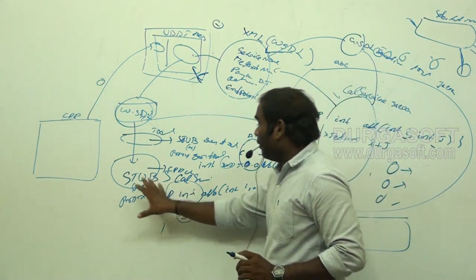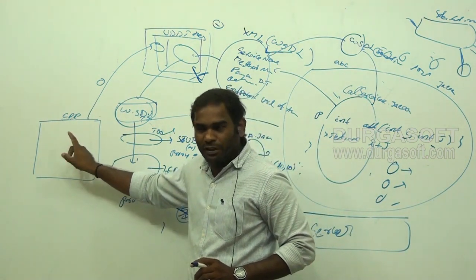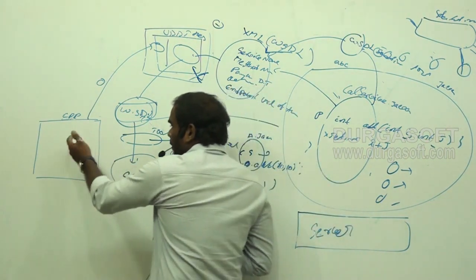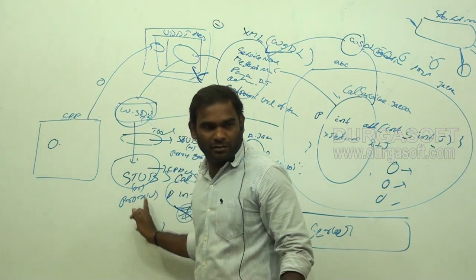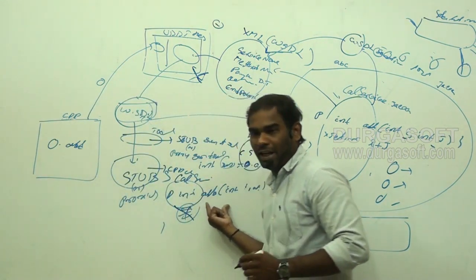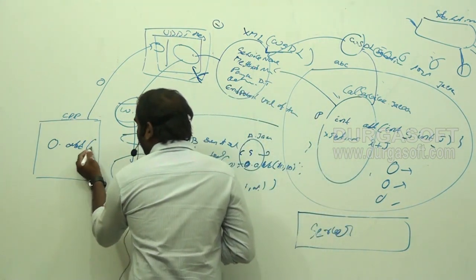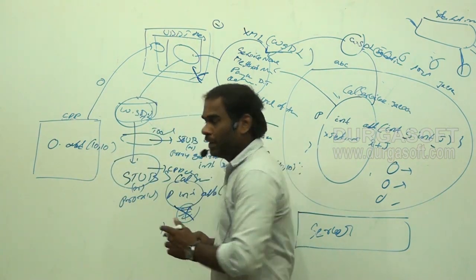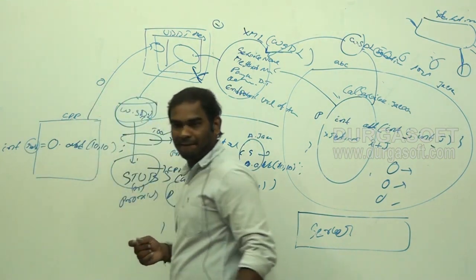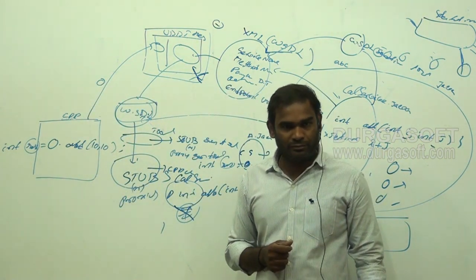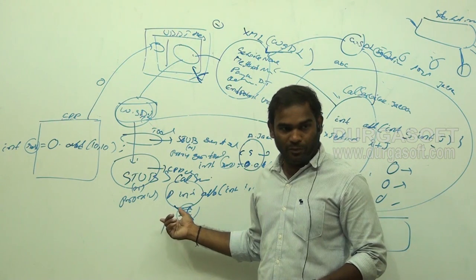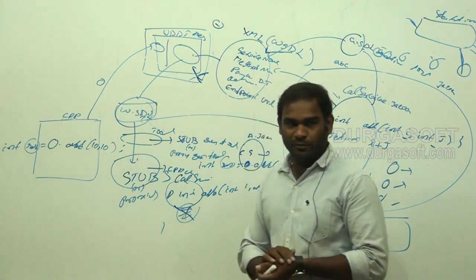Understood or not? Now after generating this stub, what will the client do? Simple. It is a C++ class, and the stub is also a C++ class. In a C++ class, can I create a C++ object or not? Yes or no? So the client will create that stub object and invoke the add method. The add method is already there. He will pass the values 10, 10 and get the result. But what is the implementation inside that? That is the main point. So what will this method do?